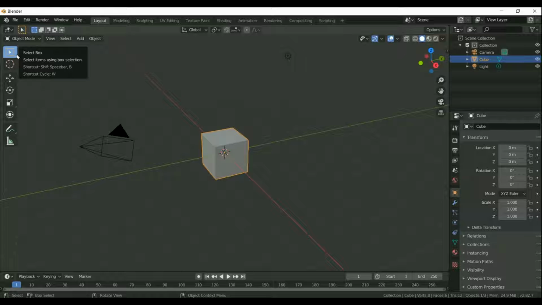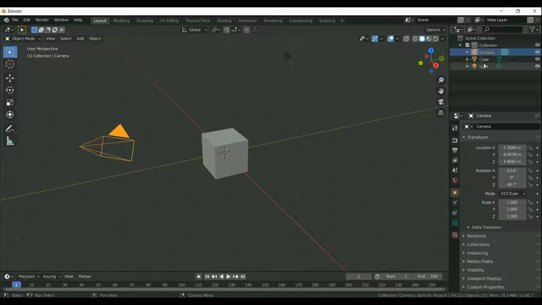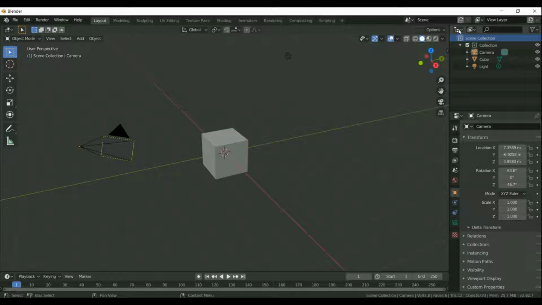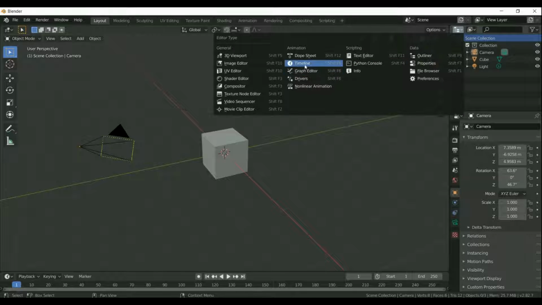The first tool is the selection box. By using the selection box, we can select an object by directly clicking on the object, or by clicking on the right side portion seen in the scene collection option. By clicking here, we can see different types of editors for doing different functions in Blender.